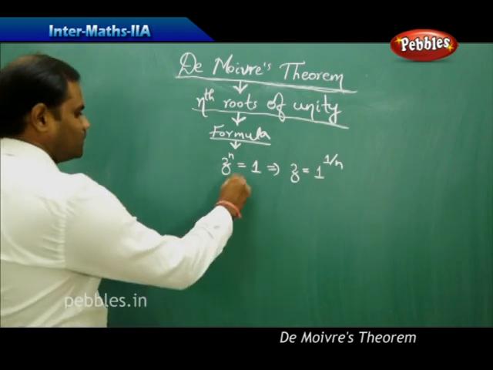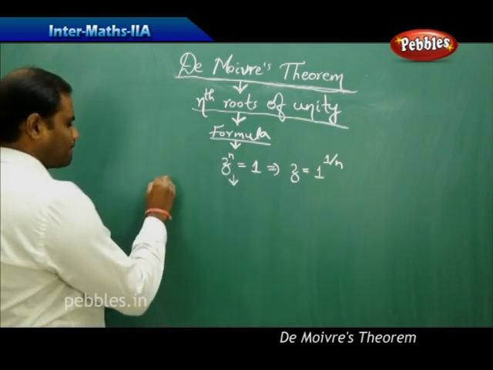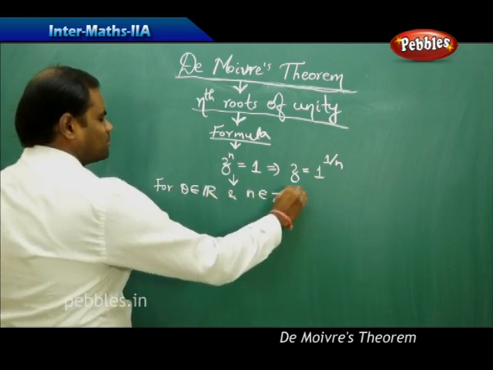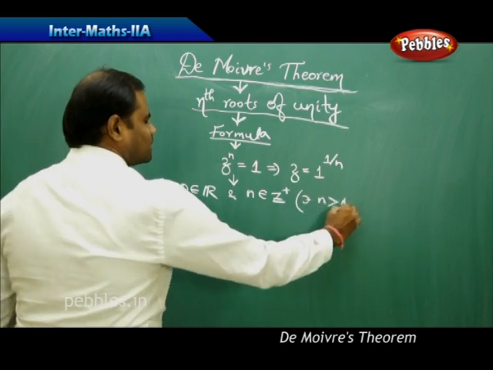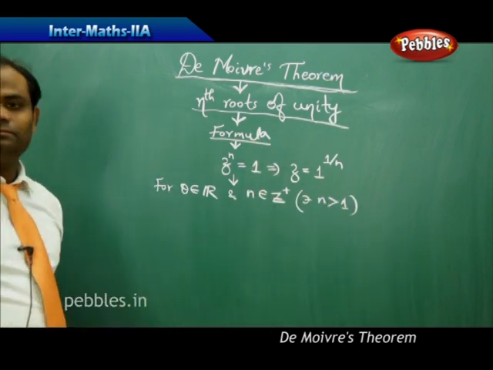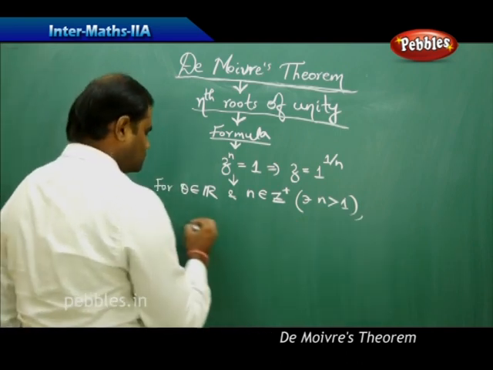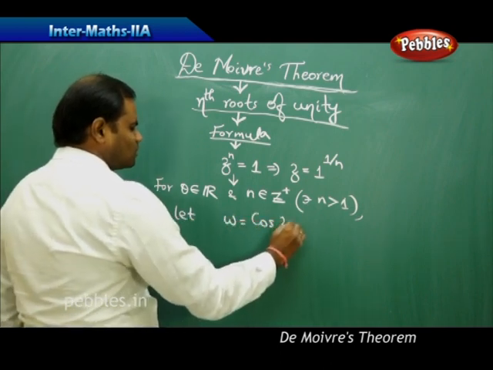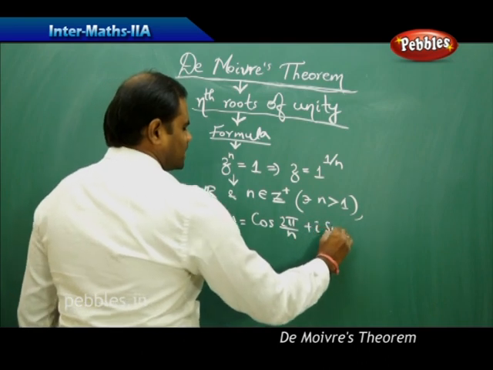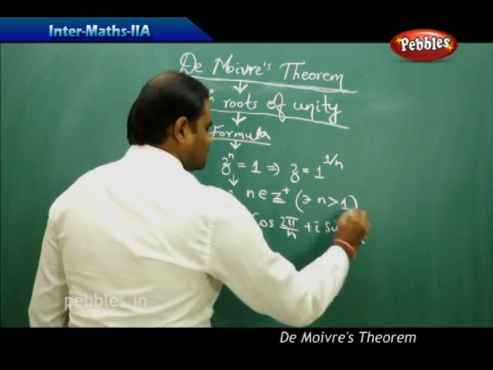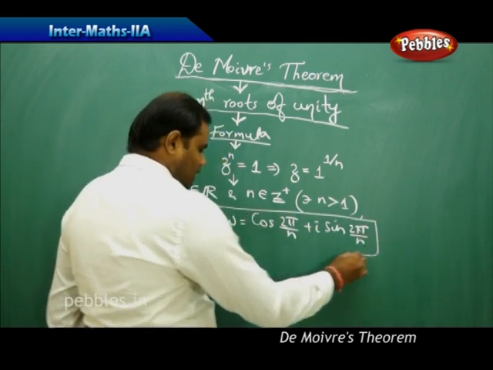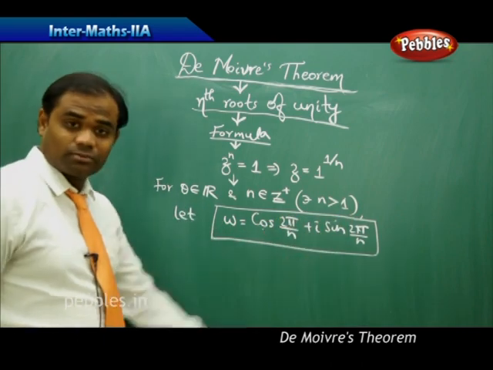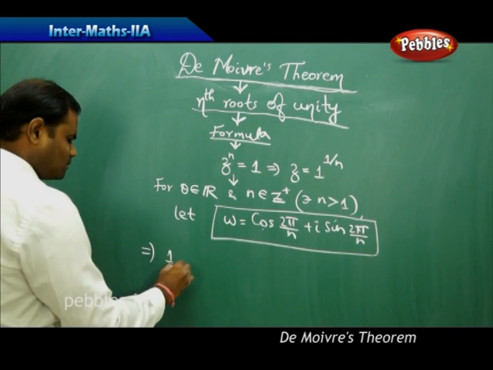So in this case, we have, say for example, for theta belonging to R and n belonging to Z plus, such that n is greater than 1, then let omega equal cos 2 pi by n plus i sine 2 pi by n. Now this omega will decide all the nth roots of unity, because if omega is cos 2 pi by n plus i sine 2 pi by n, that implies